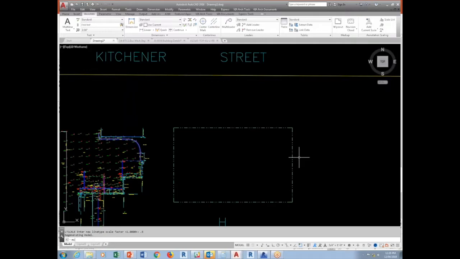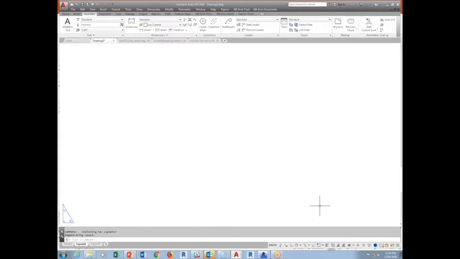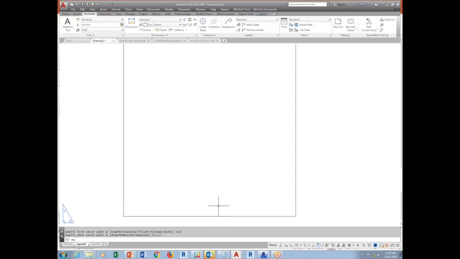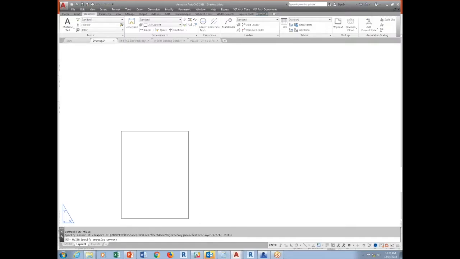Now the other thing you have to watch out for is that I think I did write this documentation, what you should do. Whenever you create a view, let's say for example I'm going to go rectangle. I'm going to create a letter size, so let's say 8.5 by 11. Okay, and then I'm just going to say from this distance to this distance,